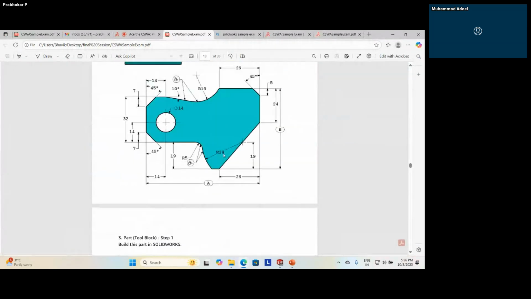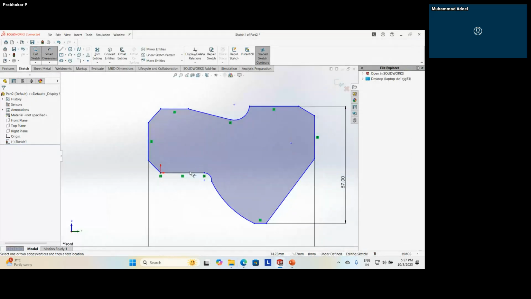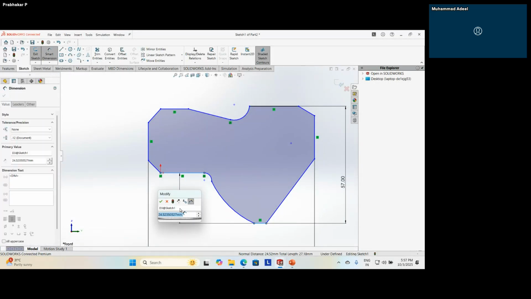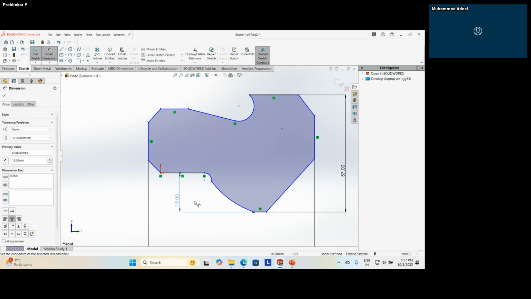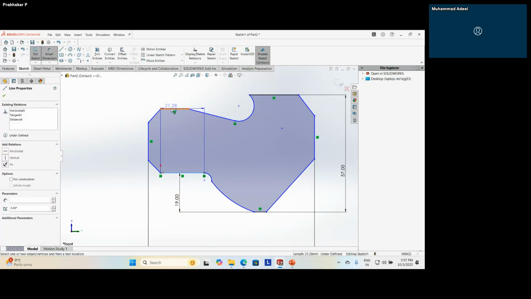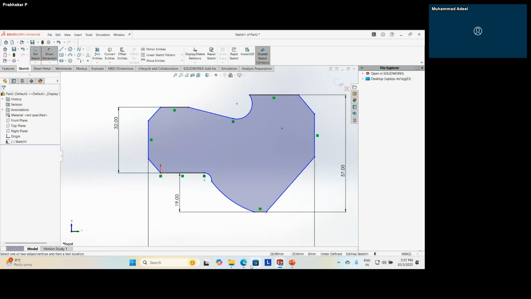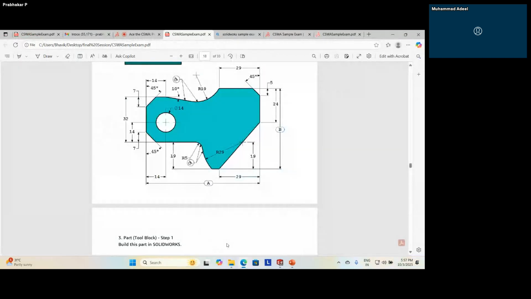This height is 19, and this height is 32.